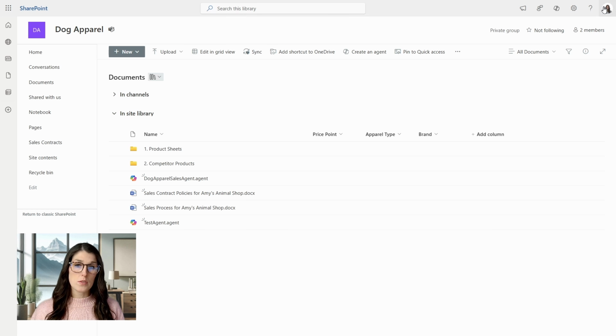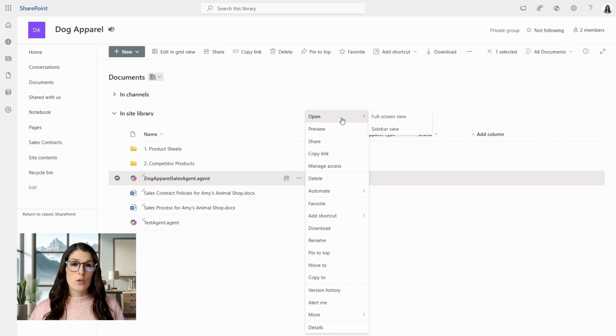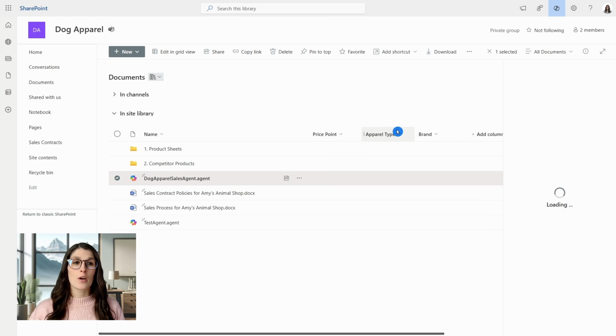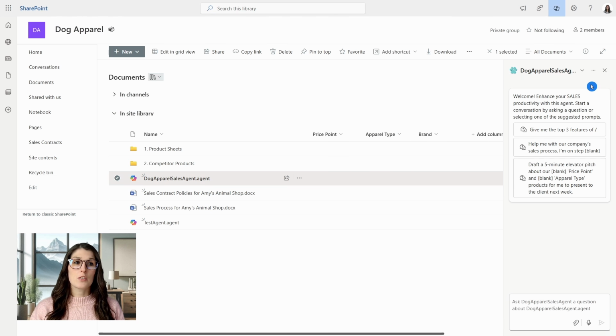So I like to close out of there. And then this time, select the ellipses, go open, and then go sidebar view. So this allows me to chat and engage with my agent while also referencing my documents, which is very important to ensure that your agent is operating accurately when we are creating it, testing it, and troubleshooting any issues.